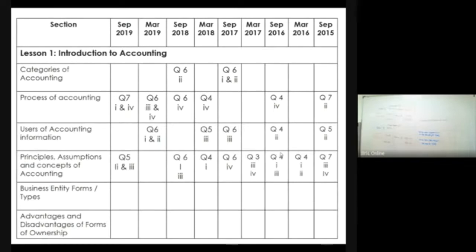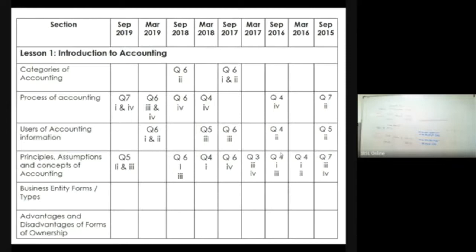Okay, I have captured up to September 2019, but I have not done it for January 2021. This is something which I did based on what I teach. Okay, how the questions have come in the past based on the subject component,